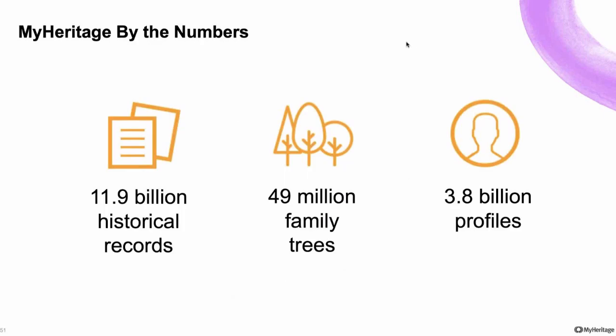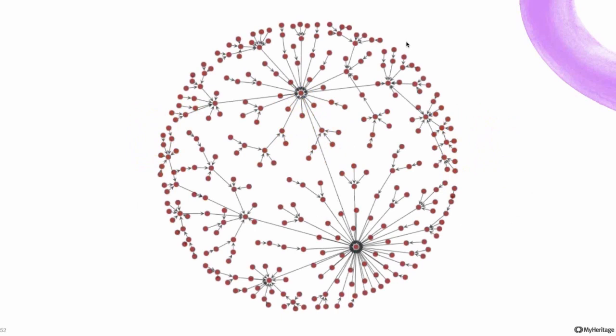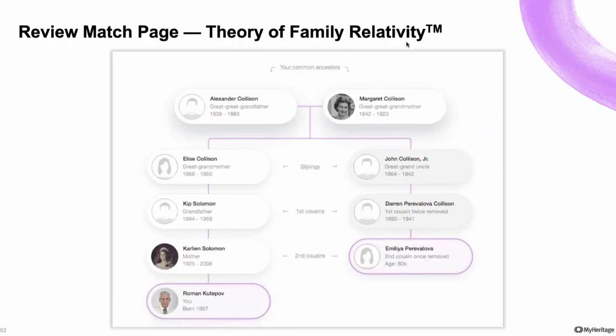We have on MyHeritage to date almost 12 billion historical records, nearly 50 million family trees, and nearly 4 billion profiles. And we're taking all those pieces of information together and using smart matches and record matches and other technology, we're trying to connect the dots. We're trying to say how individual A is related to individual B, who is related to individual C, and kind of create a chain. So the great thing about this is that we're taking all the information that we have,